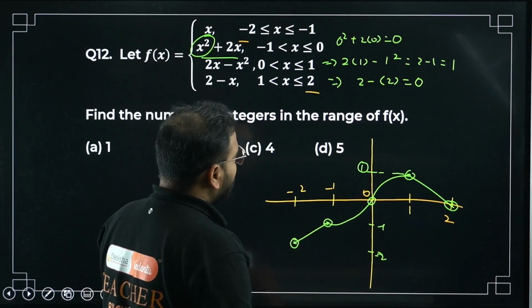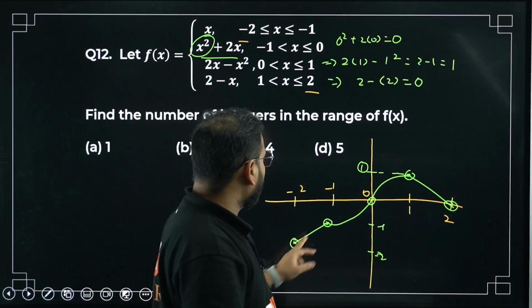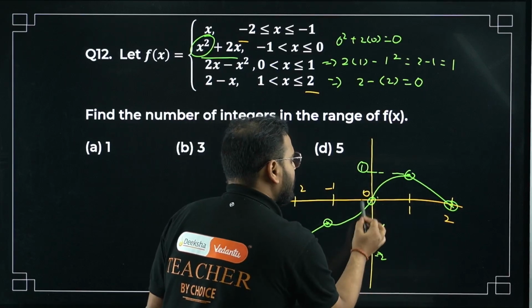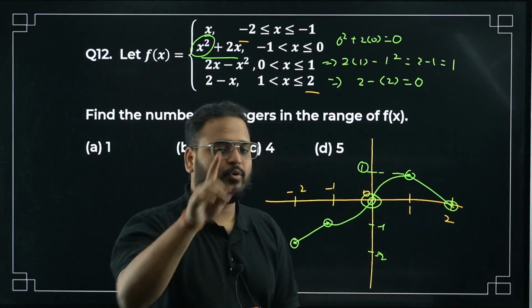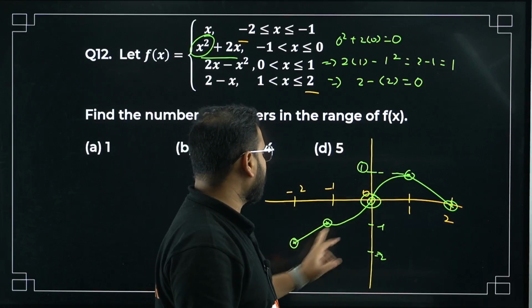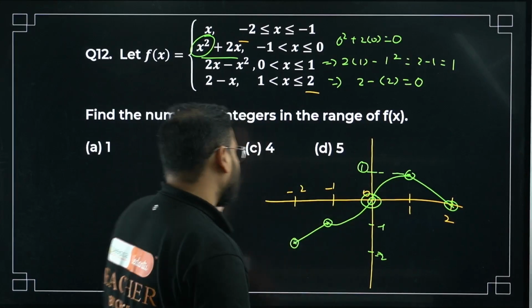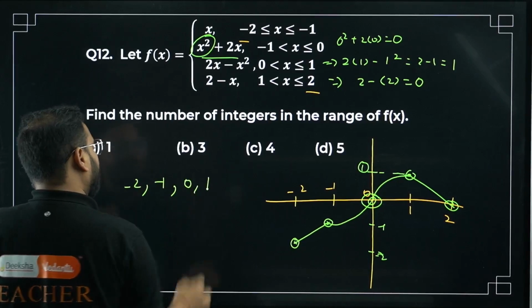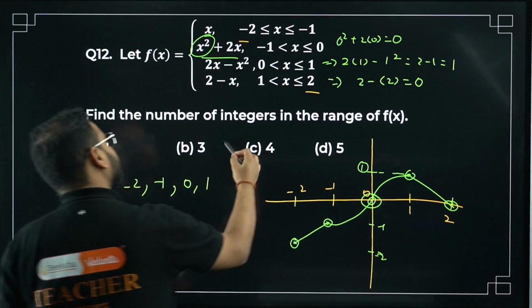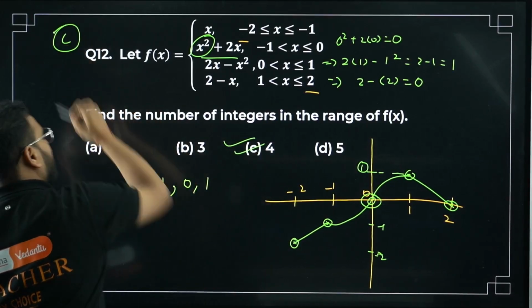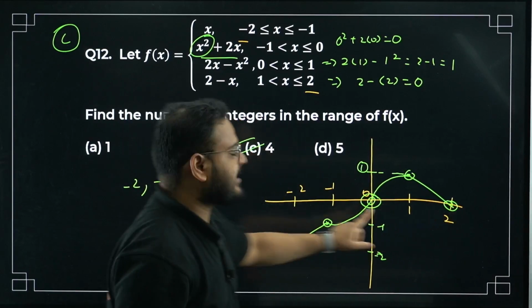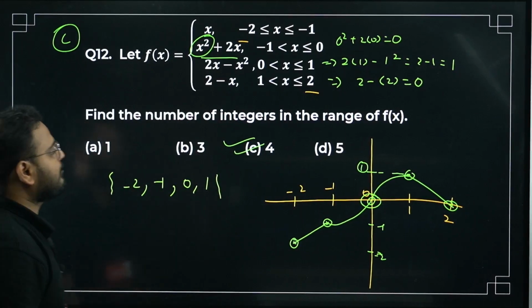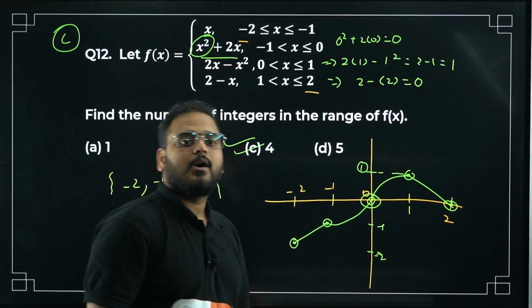So how many integral values do we have? You will count: 1, 2, 3, 4, 5. Is it 5? It's 4 actually. 0 is coming here, no? Why will you take 0 again? So only 4 values: minus 2, minus 1, 0 and 1. Your answer is actually minus 2, minus 1, 0 and 1. How many values are there? Only 4, sir. So the option is C. This already has 0 taken here. That's why the answer is only 4. The number of integer values in the range is only 4.